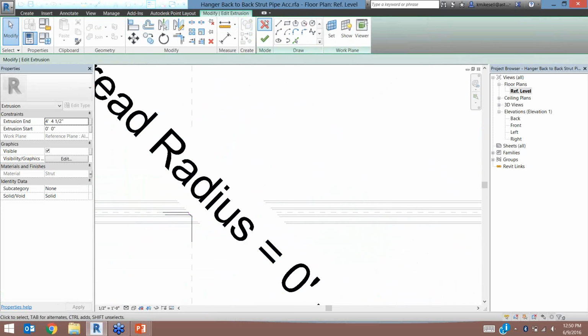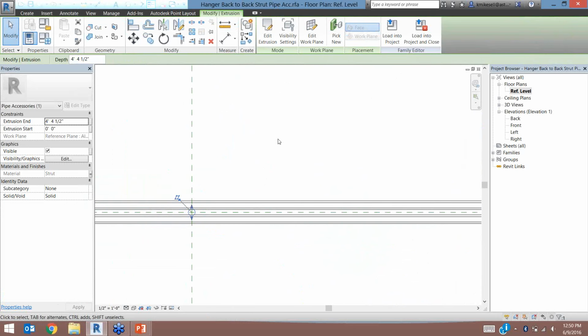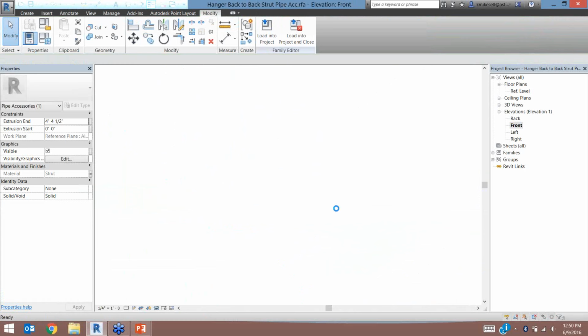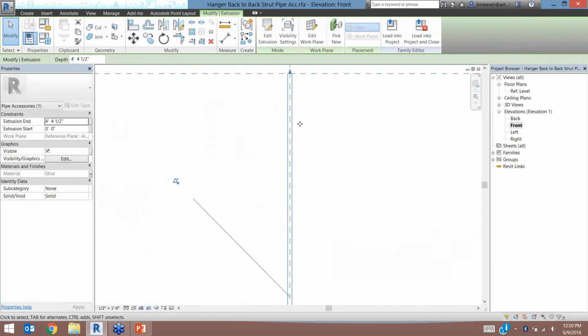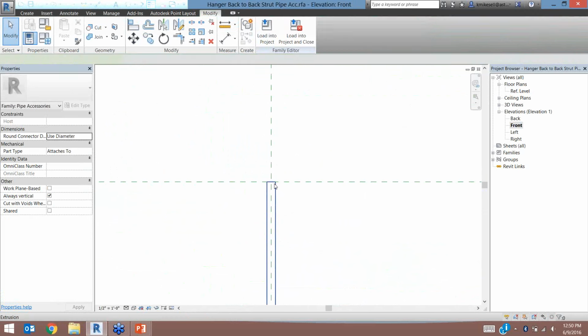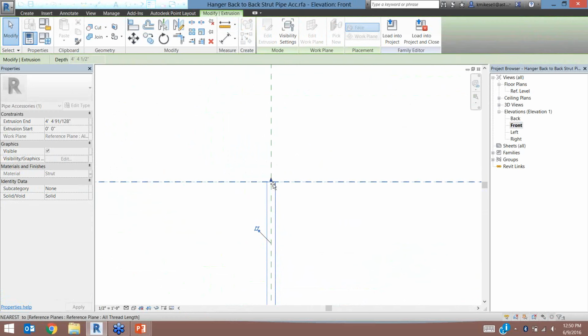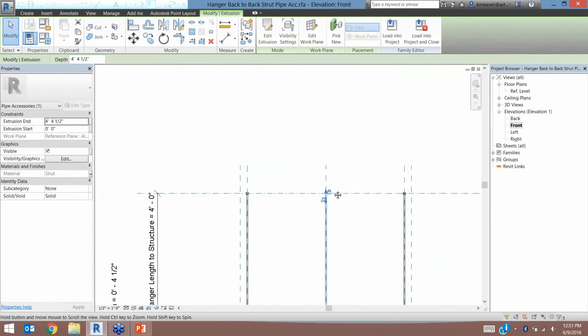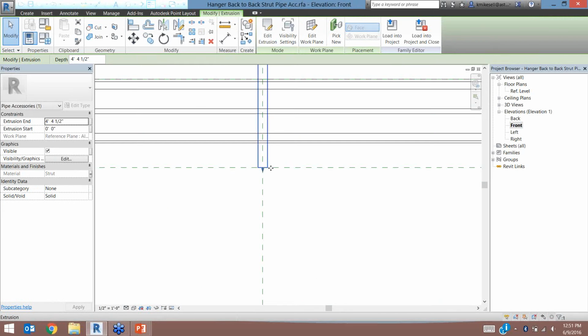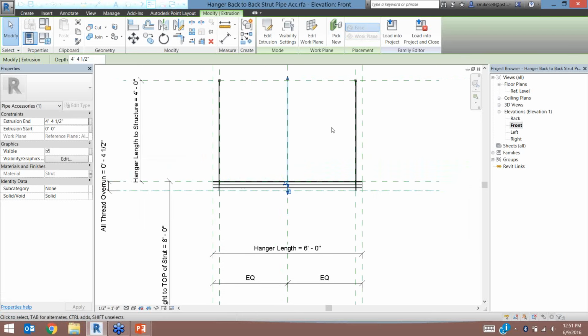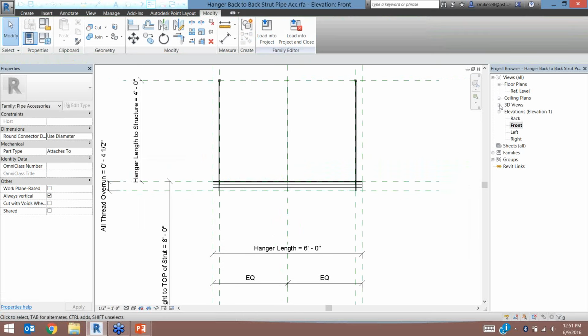All right, and now that that is done, I'm going to go ahead and switch over to an elevation and lock the height of the rod to the bar just like the other ones. So we're just going to drag it back and drop, and once we drop it on there, we'll have the option to lock it. And we're going to do the same with the bottom here and lock it. And now we'll go over to our 3D view